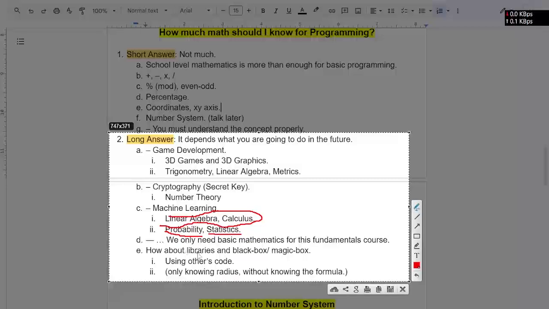And how about libraries and black box and magic box? When you are building some programs, you may have heard about libraries or black box or magic box. Libraries are some pre-written code that we use when we are doing some programming. So for example,